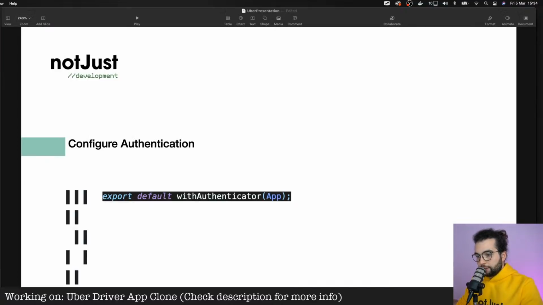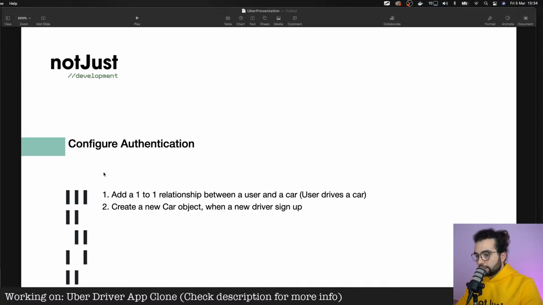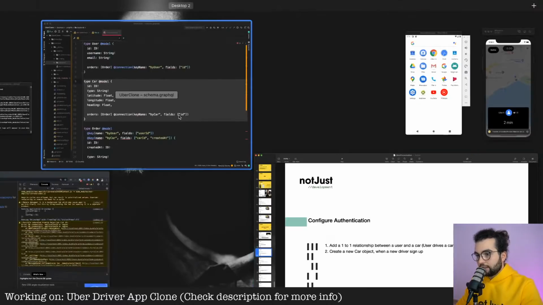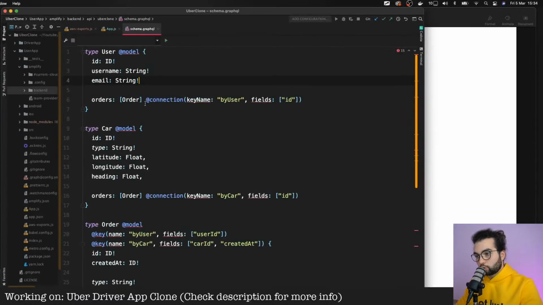Okay, with that being said, let's add a one-to-one relationship between a user and a car, so we will be able to query them easier. Our relationship will depend on the ID, because for a one-to-one relationship, we'll have both car ID and user ID the same, representing that they belong to the same user.